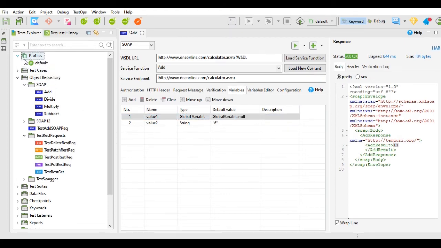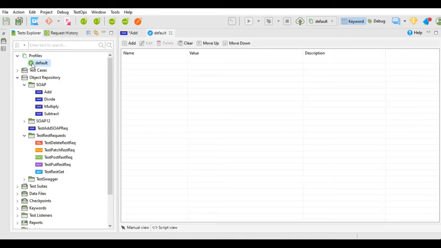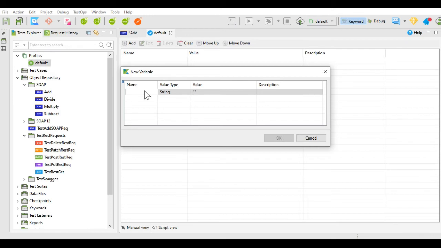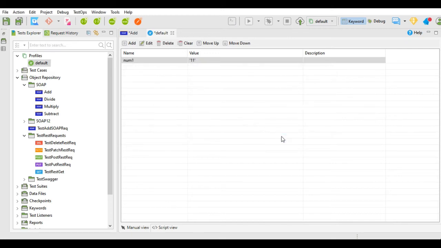I will create a new global variable from profiles default. I will click add and I will give the variable name as num1, and I will provide value over here as 11, and I will save this.